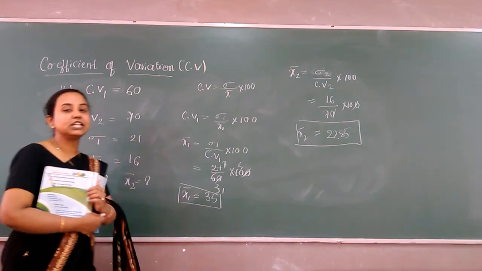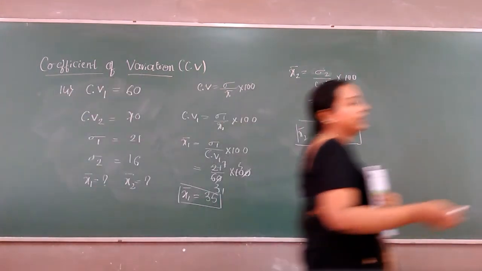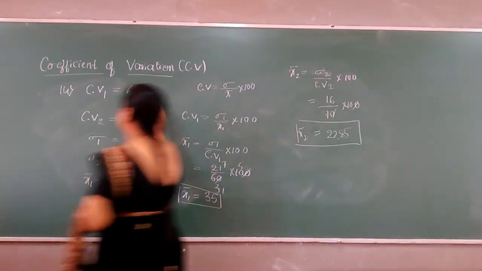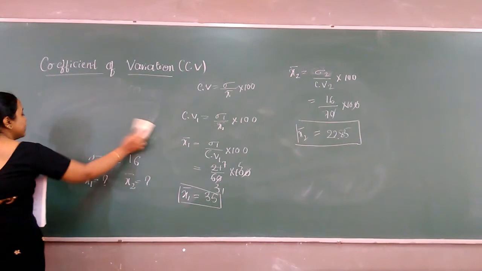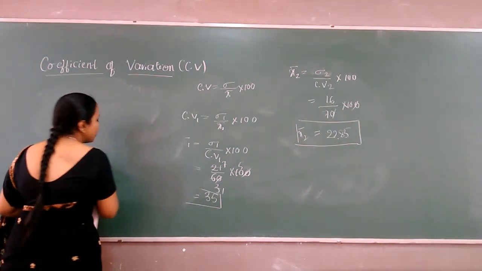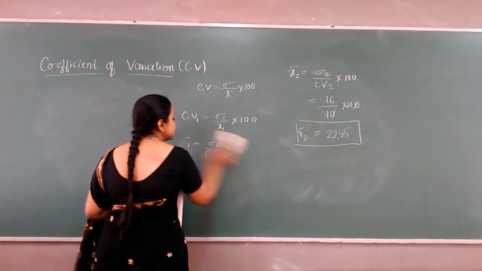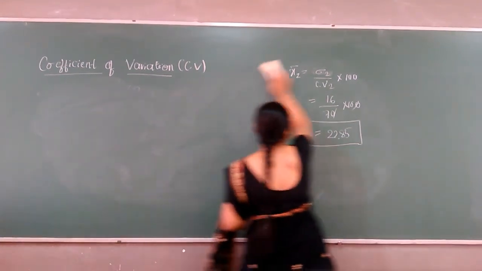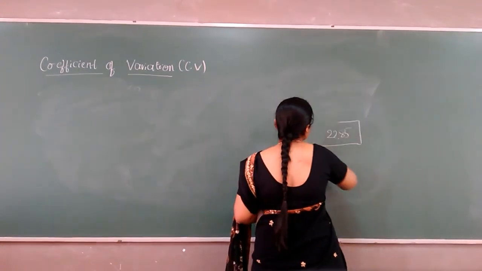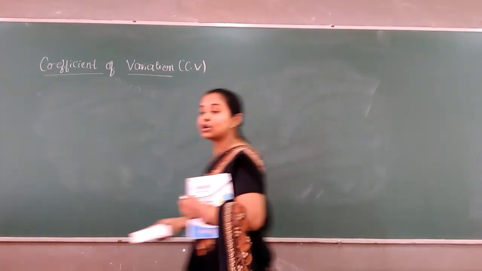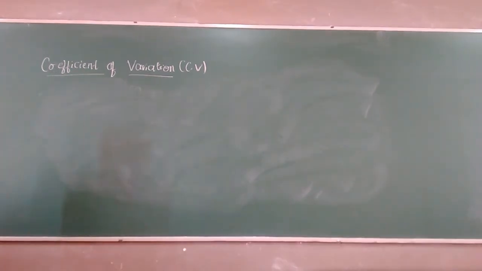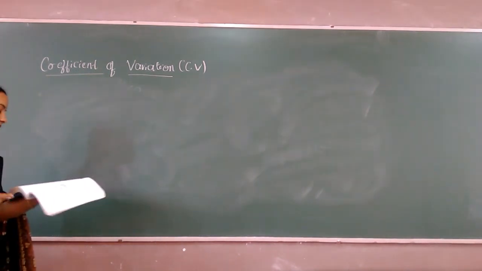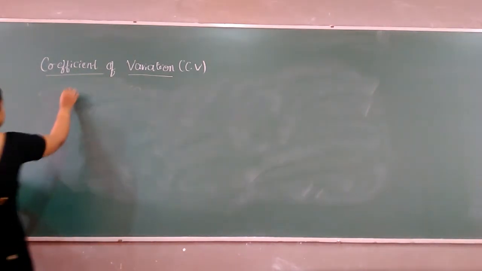Now let us continue with example 15 and understand how to use this coefficient of variation formula in a different way. In our first problem, everything was given directly. We compared, there was no calculation, and we came to a conclusion. In the second problem, we learned how to use the coefficient of variation to calculate the mean. Similarly, let us understand example 15.